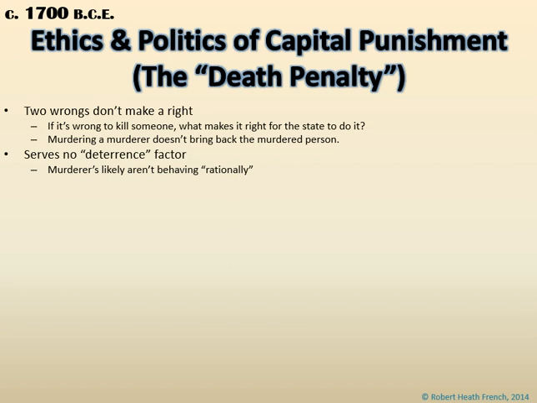Furthermore, the death penalty probably does not serve the deterrence factor that supposedly it does. Deterrence is the purpose of a punishment to deter or dissuade someone from considering an action, to engage in that action. The idea that if I kill my neighbor, then I may be killed in response,